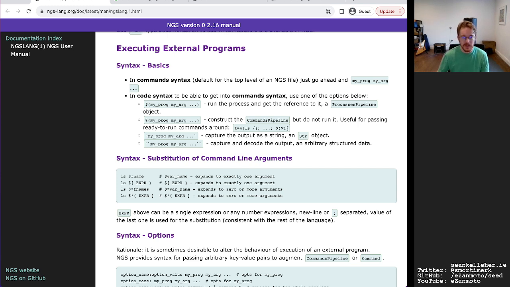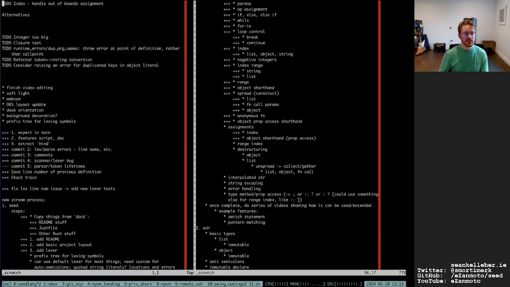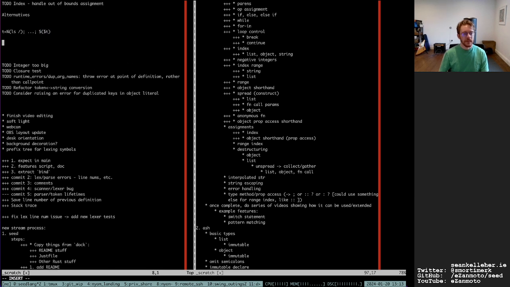So for example, this could potentially be done in a similar way to, let's see, again, I'm using my own syntax here.